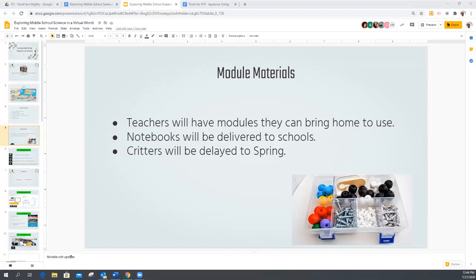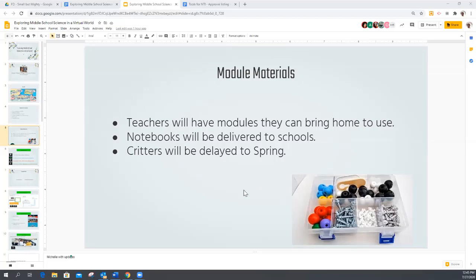All right, so Michelle, just a couple of quick questions. One is modules that are already in the classroom from last year. You want to address that just really quickly? Sure. So principals and department chairs were told in May that the modules from last year will be picked up once school begins. So what I'm planning along with the supply service drivers is that we'll be picking up all of those modules that are still sitting around the last week of August.